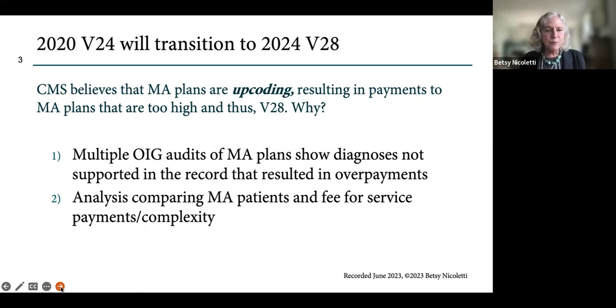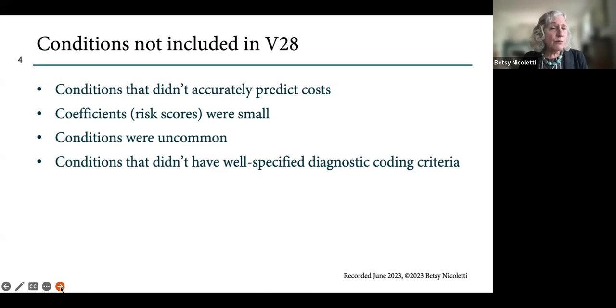There have been multiple OIG audits of Medicare Advantage plans in the past few years, and they show that in some cases, the diagnoses that are submitted and that result in higher payments weren't supported in the medical record. And then CMS analyzed, for the same kind of patients, how much they were paying for Medicare Advantage and how much for fee-for-service patients.